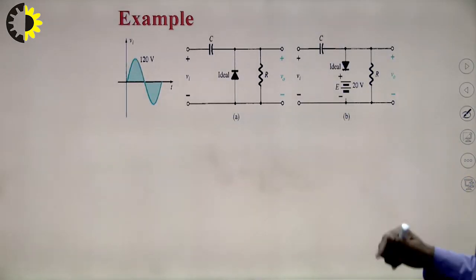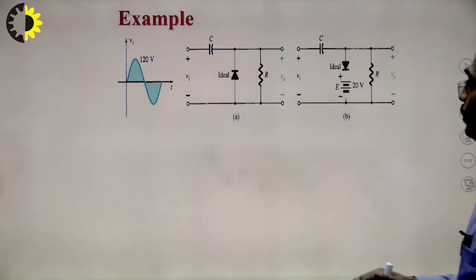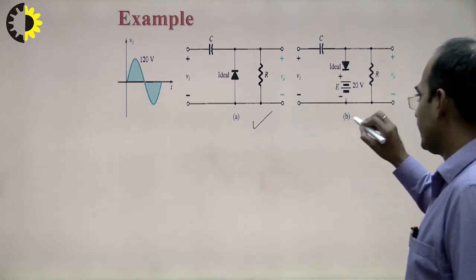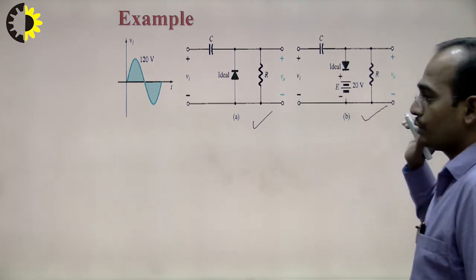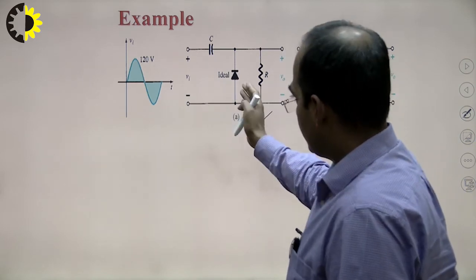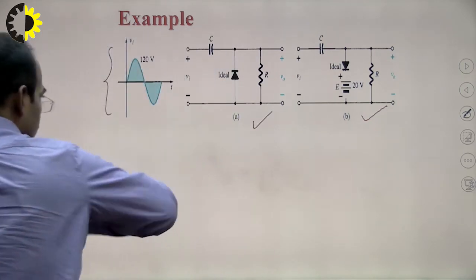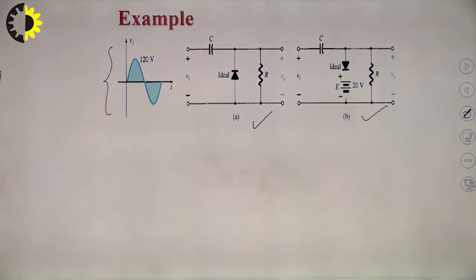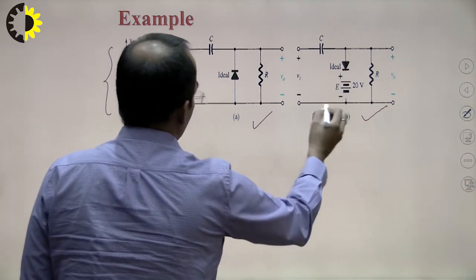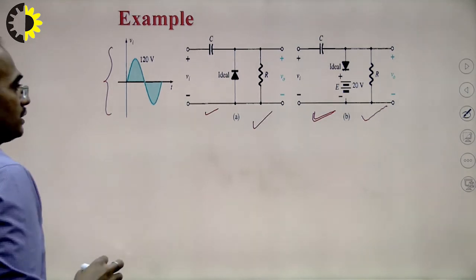You can consider this circuit again. Here we have taken two circuits. One is unbiased circuit and second is biased circuit. So we can solve this by following the same procedure. First I will consider that half cycle. Here the input is given sine wave. So I am not going to solve this biased circuit. I will solve only this unbiased circuit, and you can practice with this circuit.